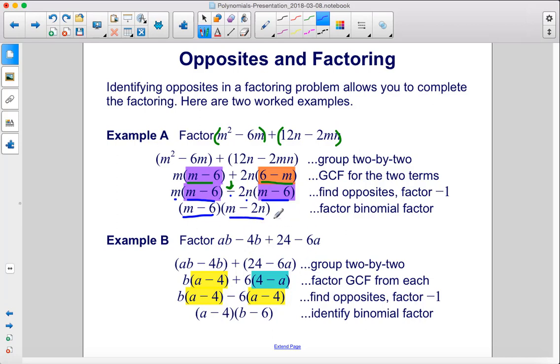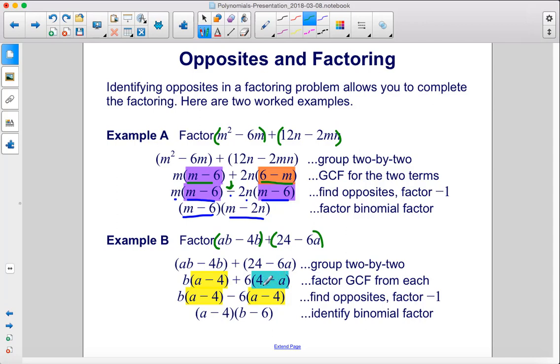We do the same exact thing down here. We want to factor ab minus 4b plus 24 minus 6a. We group them 2 by 2, like so. Then we factor out the greatest common factor from each, and we have an a minus 4 and a 4 minus a. Now, if we didn't know about opposites, we might be stuck here, but luckily, we know about how